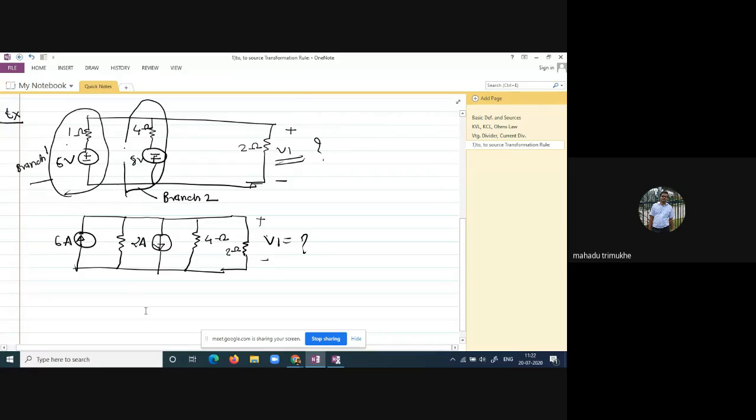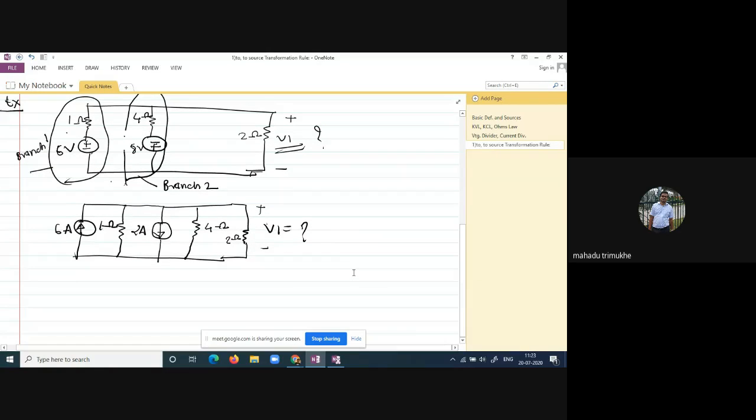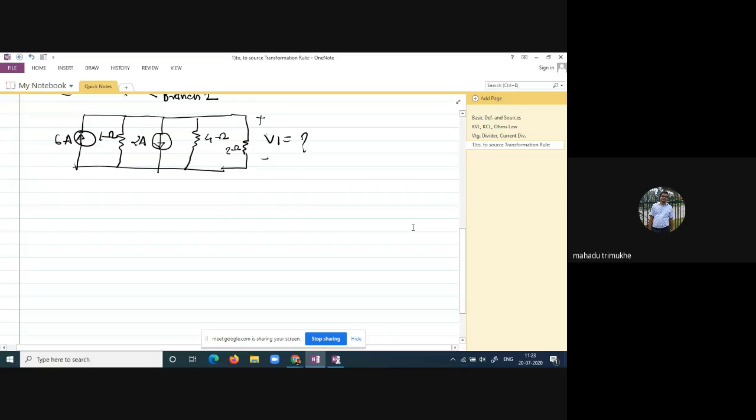So we have two current sources, right? This is 1 ohm, this is 1 ohm. Two current sources we have. One is 6 ampere, another is 2 ampere. We have to combine the current sources. One current is upward, and the second 2 ampere current is in the downward direction. If you combine these two current sources, you will get 4 ampere.